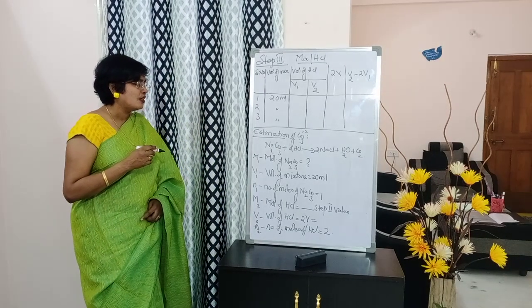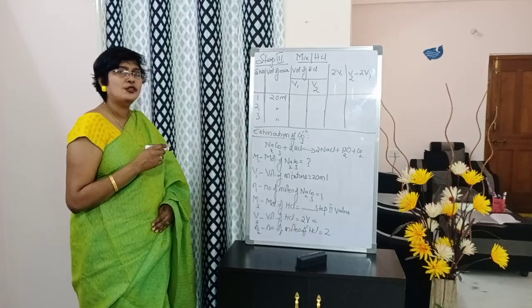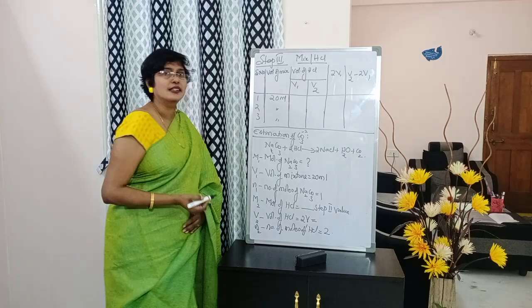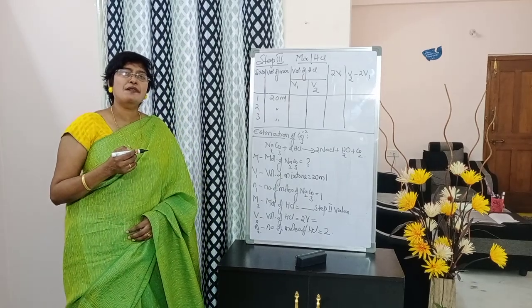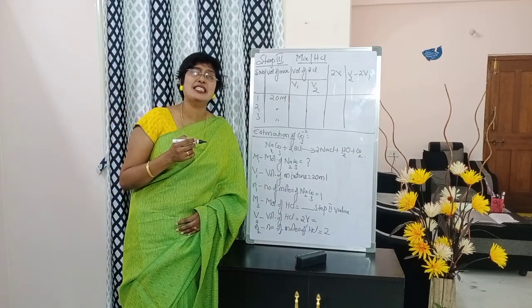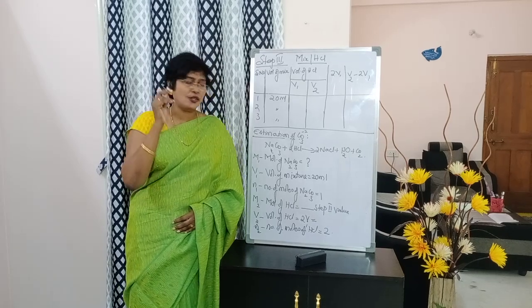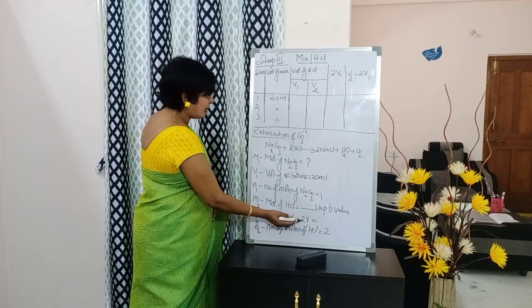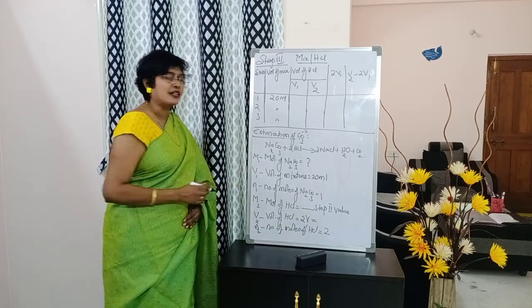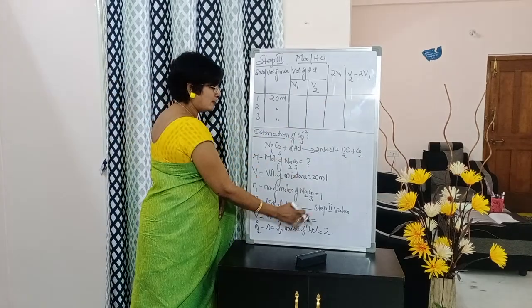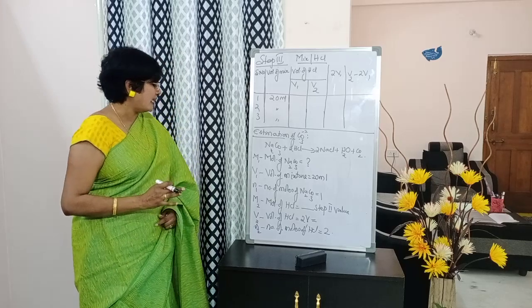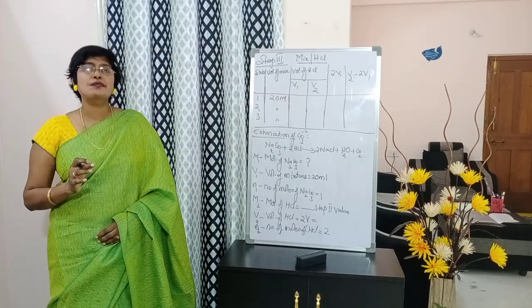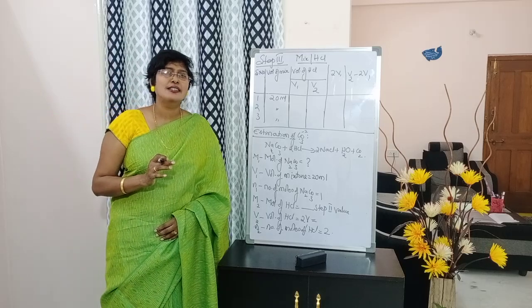Next, V2 volume of HCl, 2V1. Okay, 2V1 value we will write down here. What is 2V1? The volume of HCl required for the complete neutralization of carbonate. Okay. So, volume of HCl 2V1 we will write. Don't multiply this 2 into this V1. Okay. This V1 value should come here. Next, N2 number of moles of HCl equals to 2 from the reaction. Okay. Written.